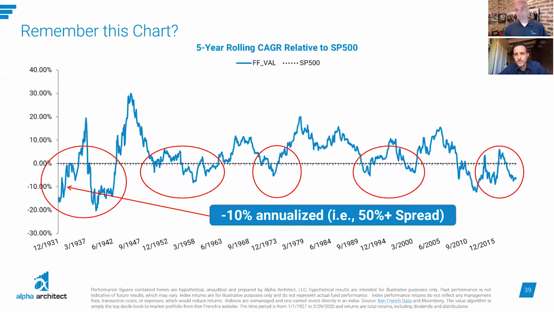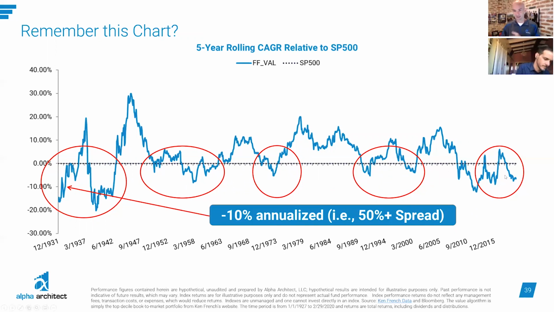And I already highlighted this chart earlier, but again, anytime these blue marks are below the main line here, that means on a look back 5-year period, they underperformed on an annualized basis by that amount, right? So clearly the main reason people do value as a factor is you have a lot of opportunity to be above this line. But again, from a career risk standpoint, it's very difficult to own the top 10% cheapest stocks,